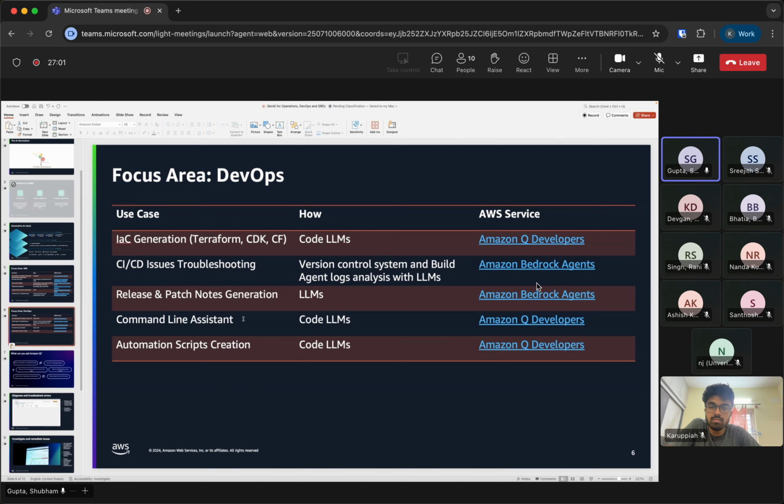You might be heavily using Linux commands or AWS CLI commands, or creating automation scripts. To help you with all of these, what AWS has done is, and this is where your Q Developer comes in to help.